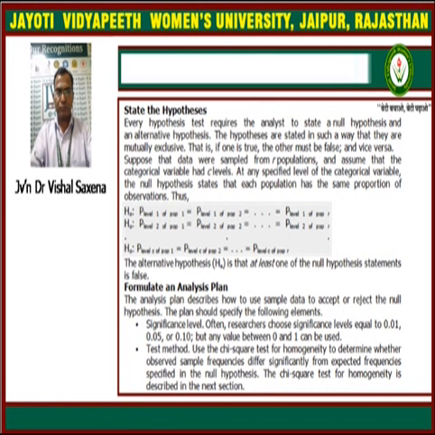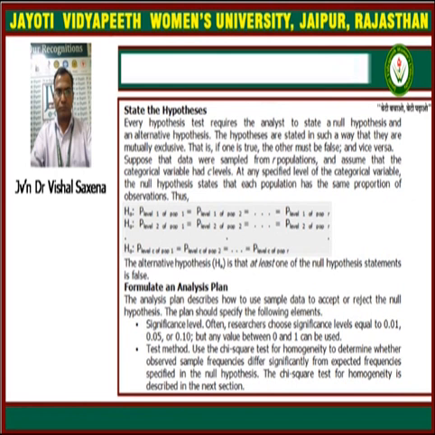And at the specified levels of the categorical variable, the null hypothesis states that each population has the same proportion of observations. So that should be our null hypothesis. That means each population should have the same proportion of observations, and the alternative hypothesis is that at least one of the null hypothesis statements is false. Then